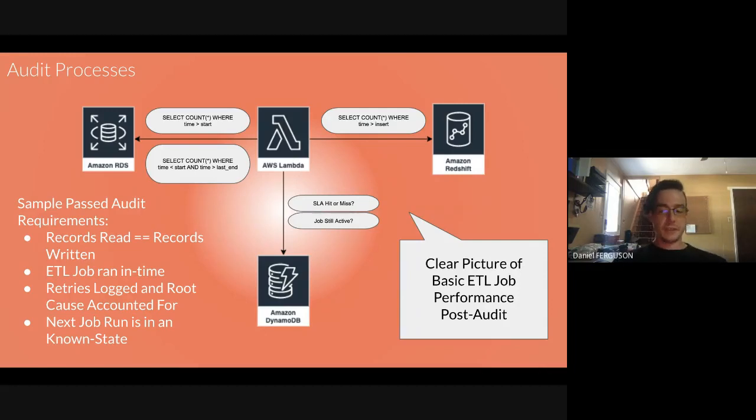But it's pretty generic. Your audit process, for example, could check to see if we're running processes on an EC2 instance. Say your ETL job is just a shell script that's running all the time, and you can check by doing a ps and grep for the ETL job name, which you should have by virtue of the upstream process. The upstream ETL process should inform that DQM job of what the job's name is. So you can tell if that job is still active or if the job dies, for example.